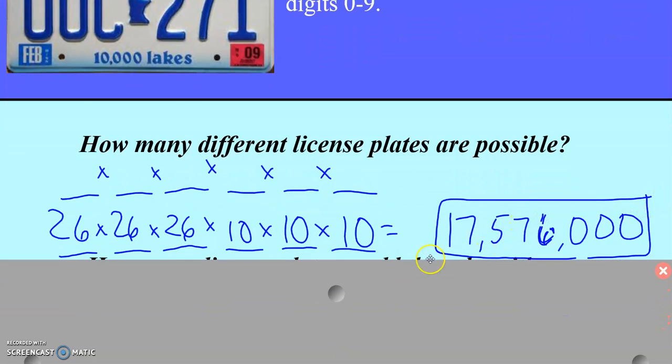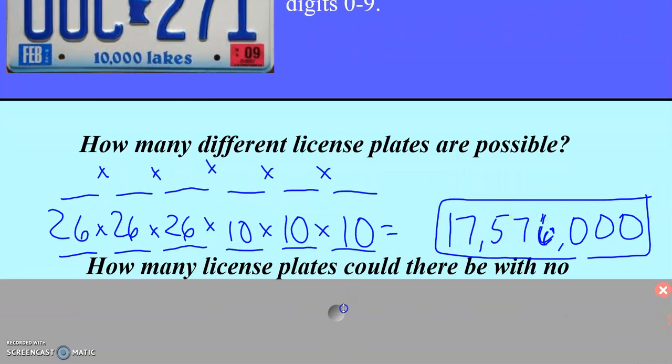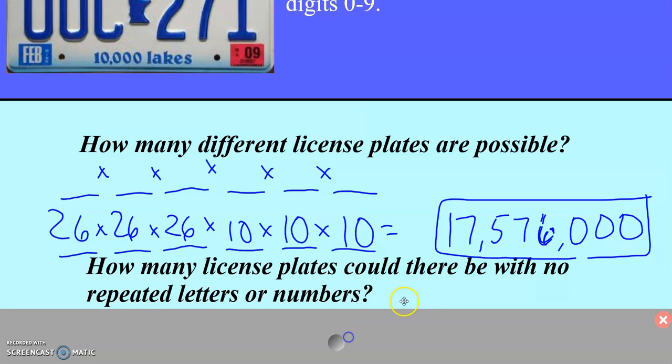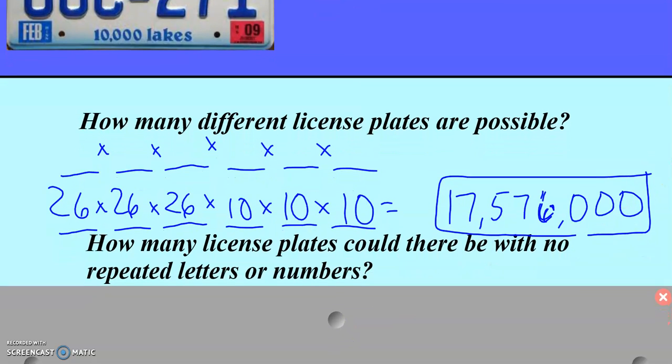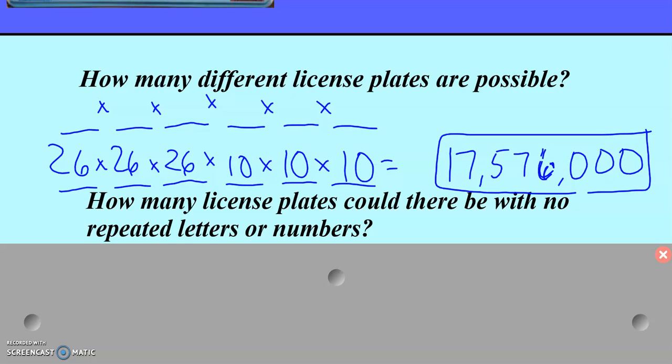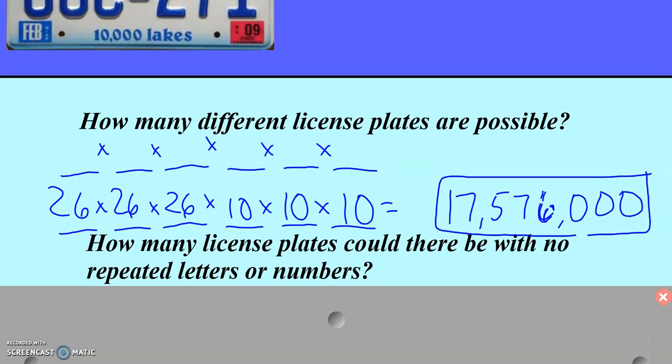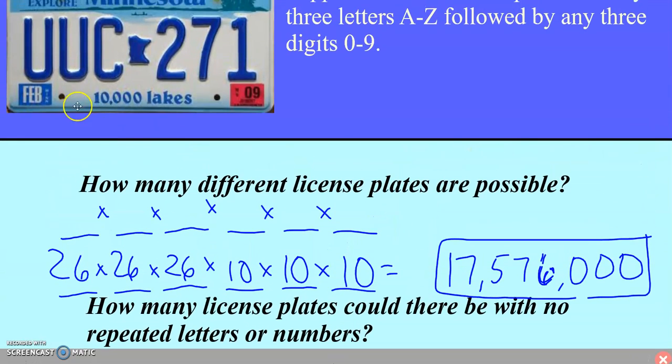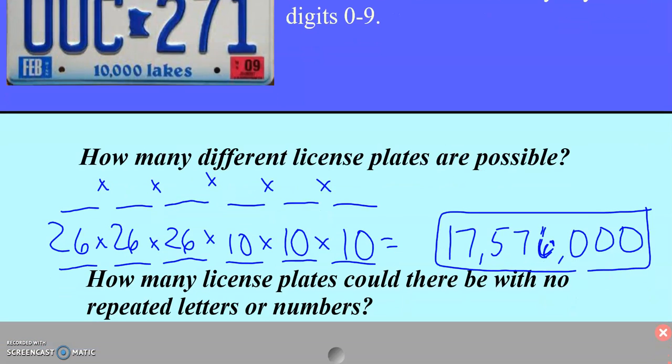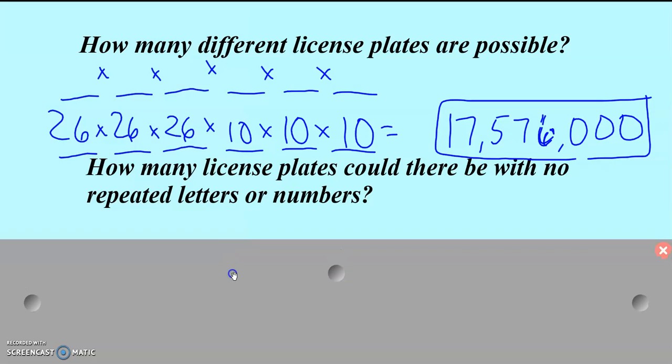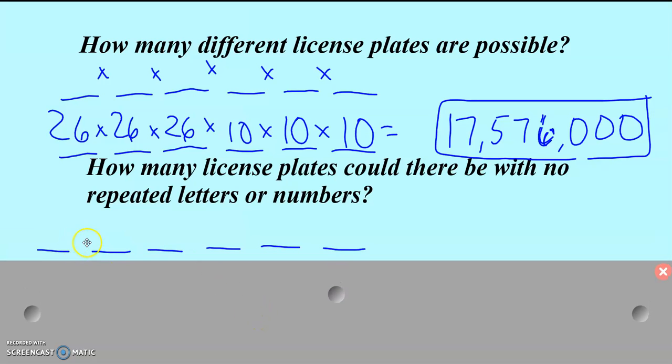But sometimes there are rules about what can and cannot happen. So let's say I'm going to make license plates now, but I'm not going to be allowed to repeat letters or numbers. So you can see like here, UU, that would not be allowed because I can't use the same letter twice. So I would start with my 6 blanks again,